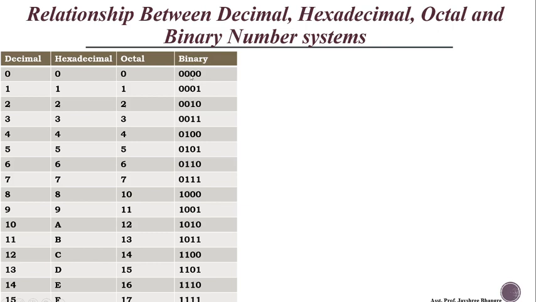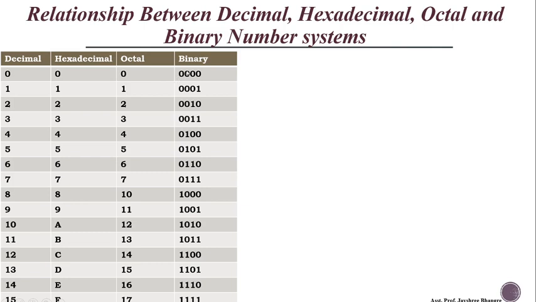Next, if we go to the next column, the digit changes after every 1 bit. This place is 2 raised to 0, and 2 raised to 0 is 1, so every time the digit changes. Next column is 2 raised to 1, which is 2, so the digit changes after 2 digits. Here 2 times 0, 2 times 1, 2 times 0, 2 times 1, like this.